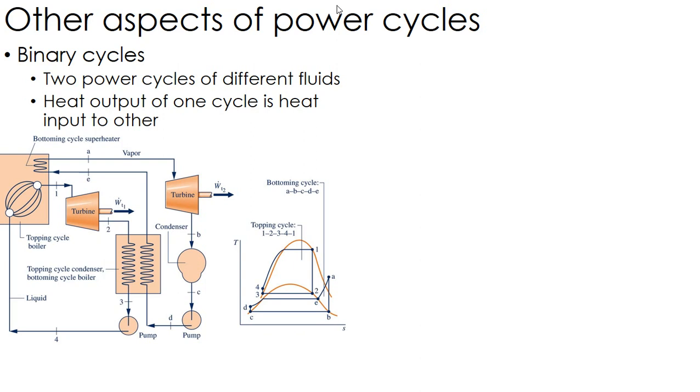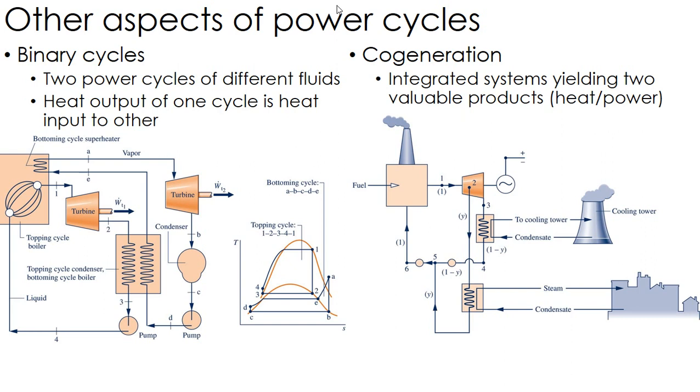The other thing we want to talk about is cogeneration. Okay, we're developing all this heat to create this power plant. Why not take some of that heat and use it to, say, heat people's homes, or if you have an industrial plant, heat that, or if you've got some other process that you need heat for, use that. So we call that cogeneration, where you've got integrated systems producing valuable products, both power as well